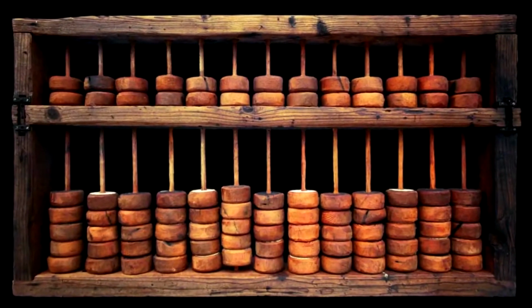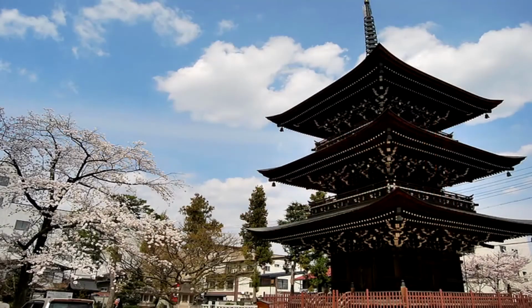During the 14th century, the Chinese suan pan abacus was introduced to Japan, where a famous